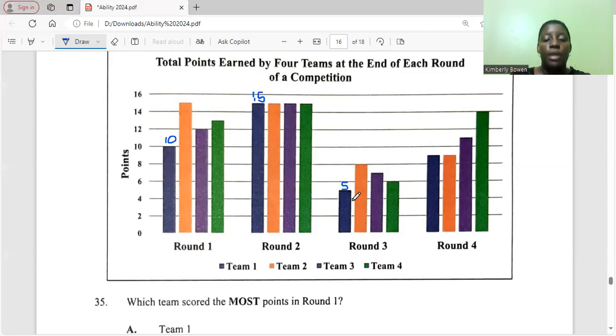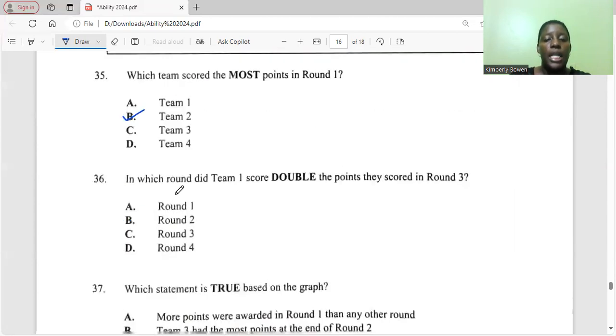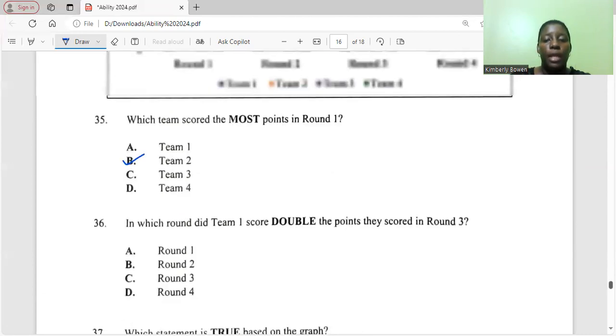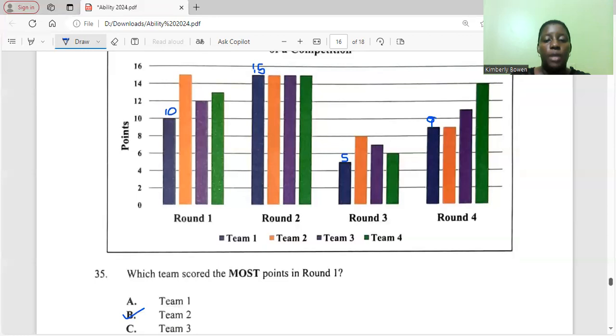In round 3, they were 5, and double 5 is 10. But let's just check on this one. And this is 9. So I was correct initially. Just read back the question. It said, in which round did team 1 double the points they scored in round 3? And that answer is